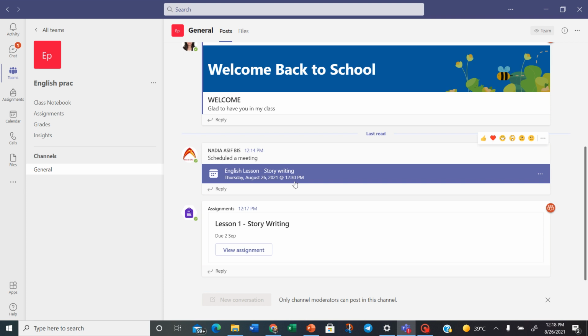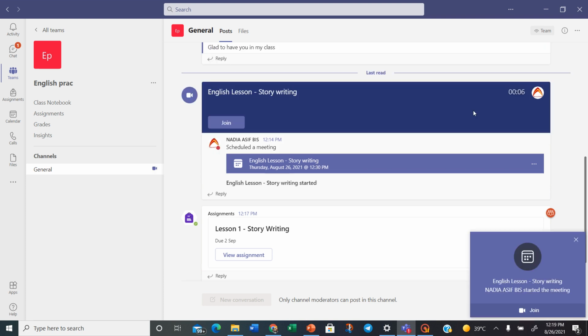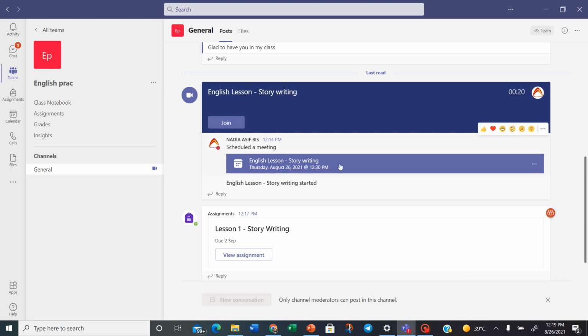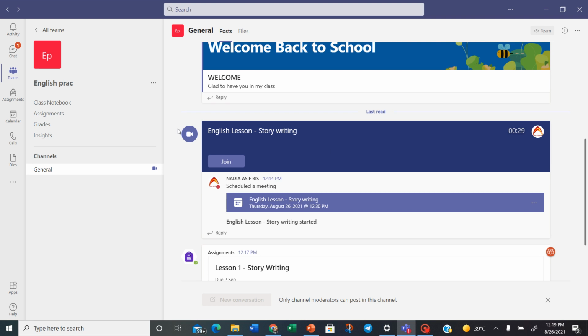Once the teacher starts the meeting, you get the joining button right next to the scheduled meeting. In case the teacher has not scheduled the meeting, you directly get the join button. So here you can see that the lesson is scheduled, and here is the join button. All you need to do is click on this join button, and also to recognize if it's a video call or not, you get this kind of an icon with the video cam on it. Can you see this? Alright, so now click on join button.